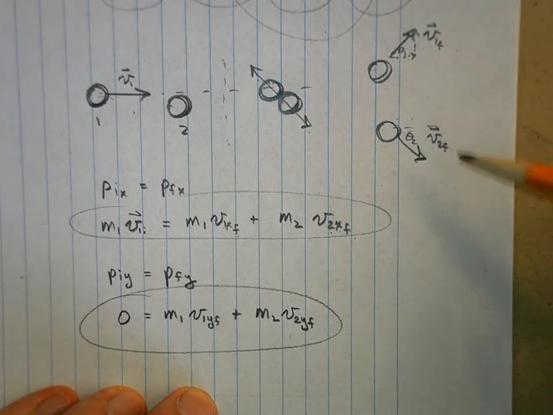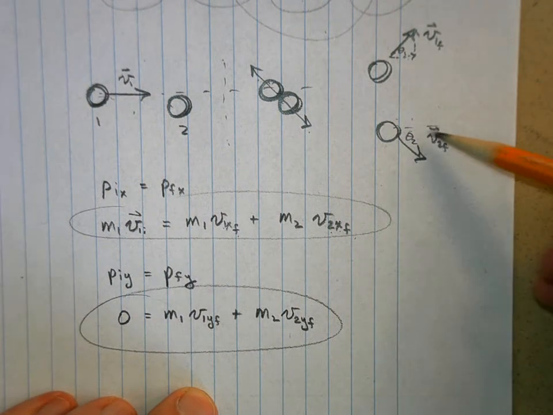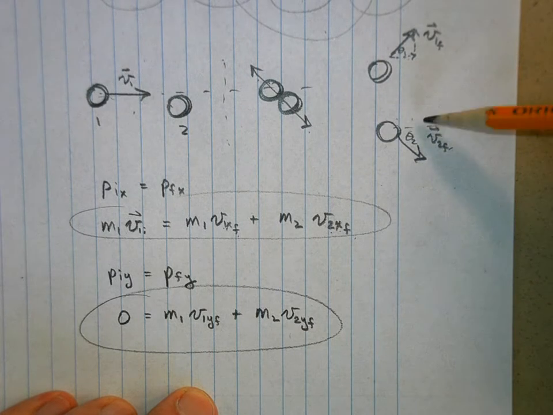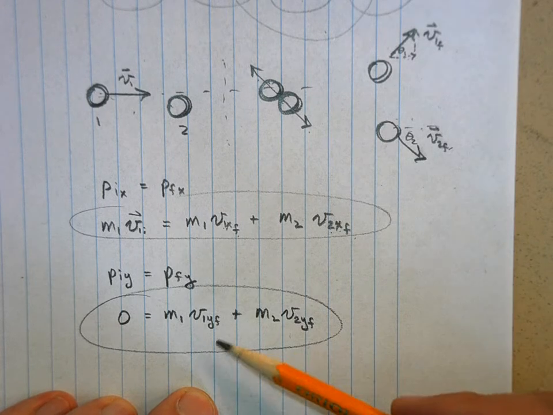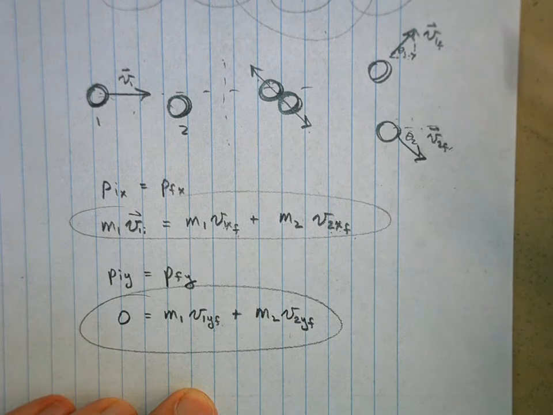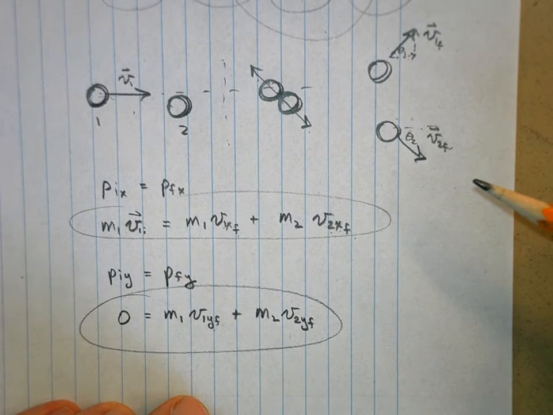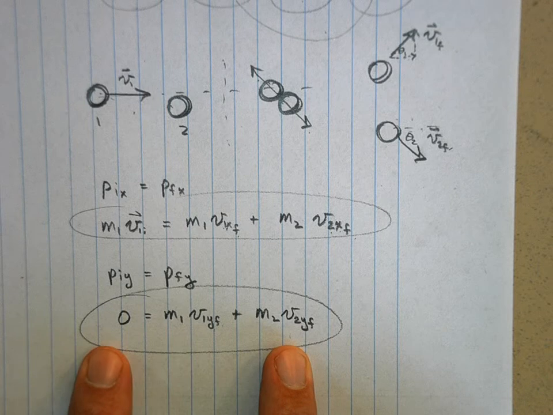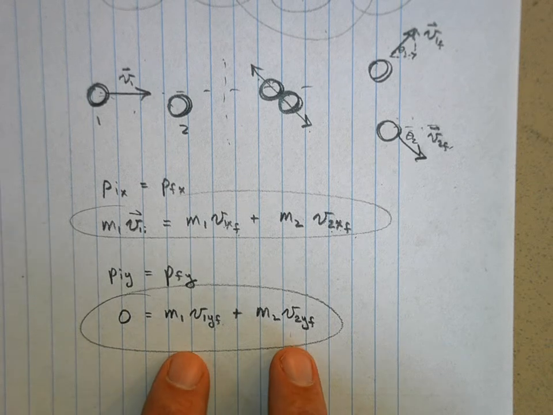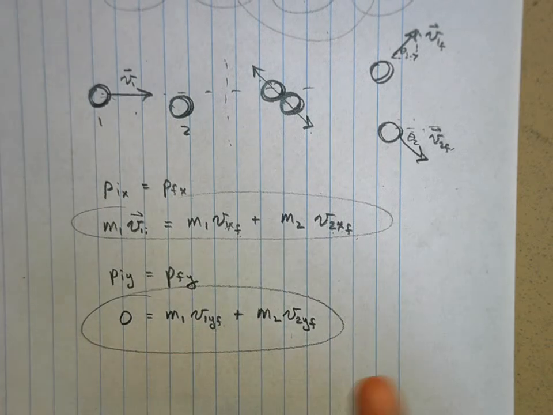And you have to account for the direction. This is going down, so V2 final in the y direction is going to be negative, and V1 final in the y direction is going to be positive. You have to have a positive and a negative quantity in order to get to 0, right? So these two are going to be equal to each other. So these are kind of the basic ideas you need to solve